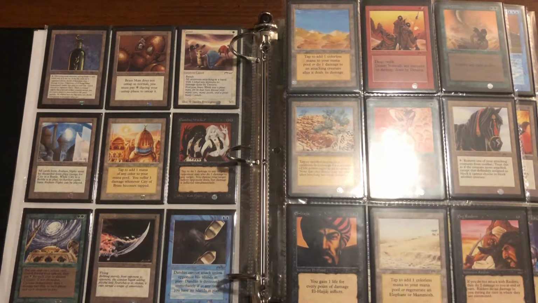And the next one is Drop of Honey. This one would actually still be kind of viable today, and it would just ruin everyone's day, especially if you're playing something like...